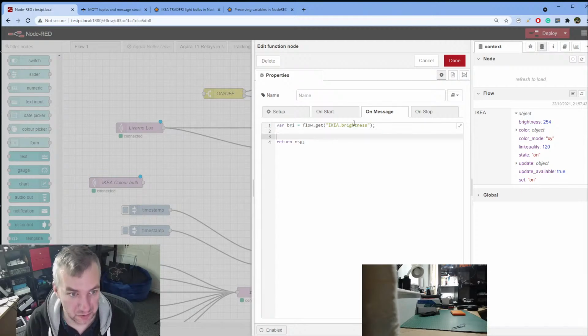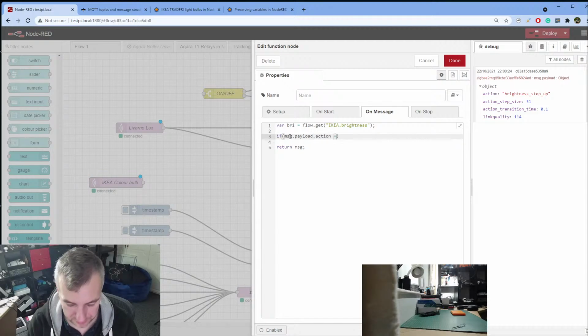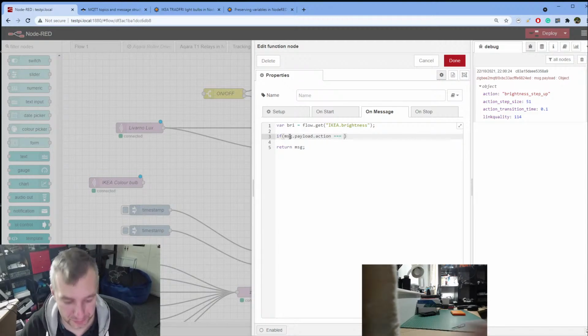Okay, that's going to be our brightness. Now, if my message payload, what was it, action, right, in here, message payload action. So I can do if my message payload action equals to step up,